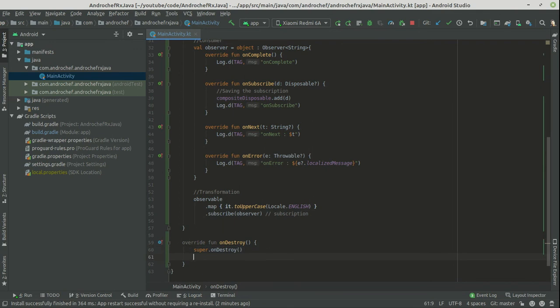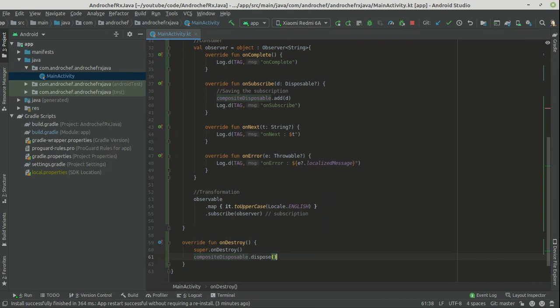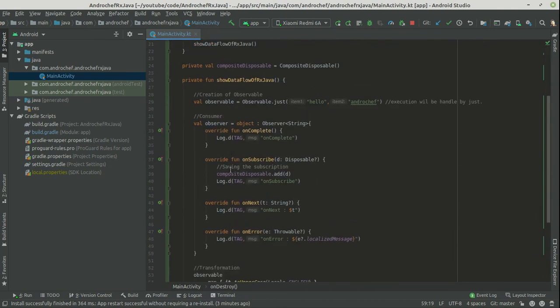Dispose means you have to unsubscribe. Let's unsubscribe from the observable. We will write composite disposable dispose. What the dispose method will do is unsubscribe from the observable, so it will release the memory also, and this will be called as destruction.